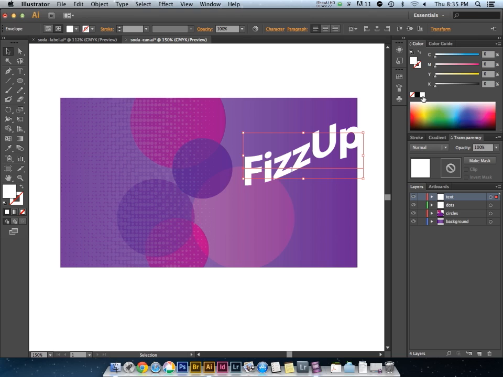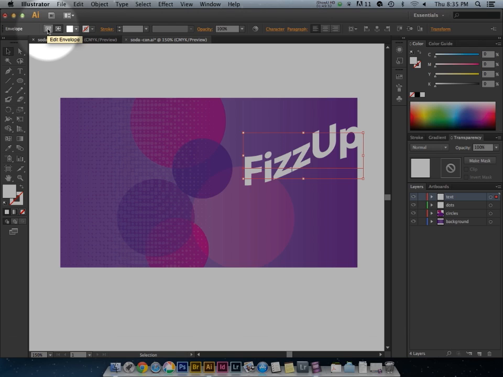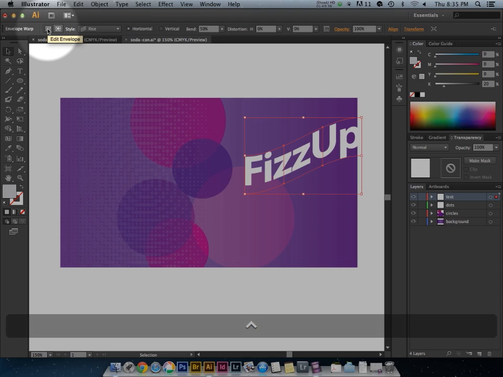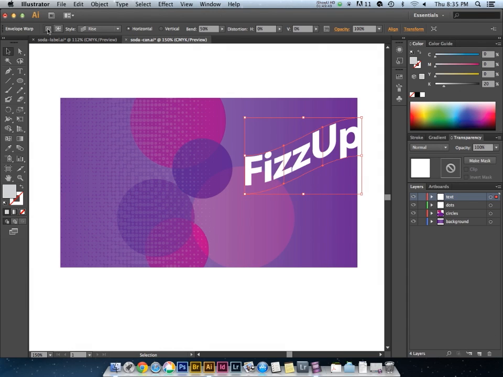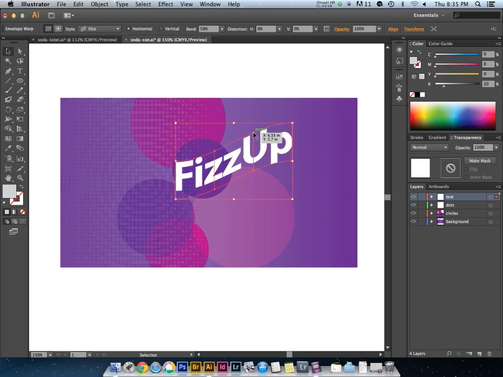So now we've got an object that's really starting to look like what we had originally. I'm going to click on the Edit Envelope button again to go back to the standard method of working with this object. And by clicking on the Edit Envelope button, now I can move this around into a position a little off center from